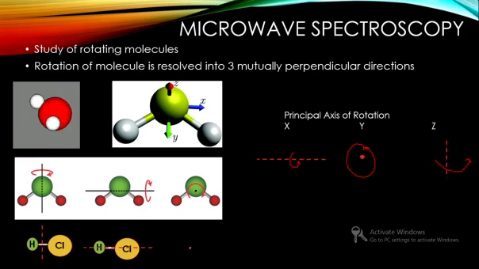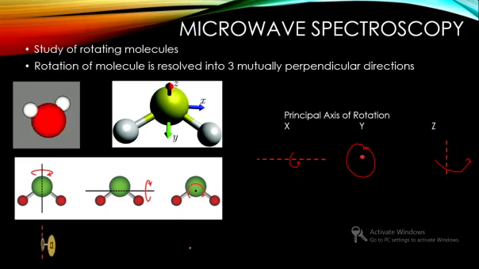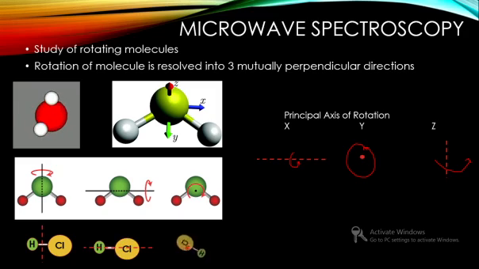The first one is an end-over-end rotation, where the ends are getting changed. The third one is also an end-over-end rotation, while in the case of the second one, about the molecular axis, it is not end-over-end; it is just rotating in place itself. The chlorine atom is rotating in place, and hydrogen is also rotating in place. While in the first and third cases, they are said to be end-over-end rotation,